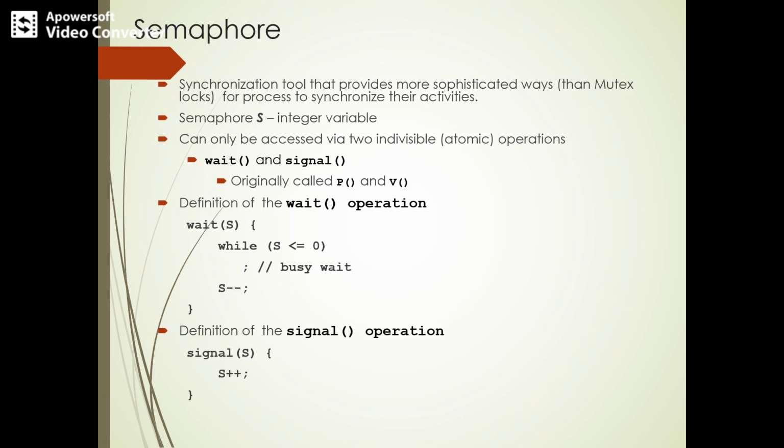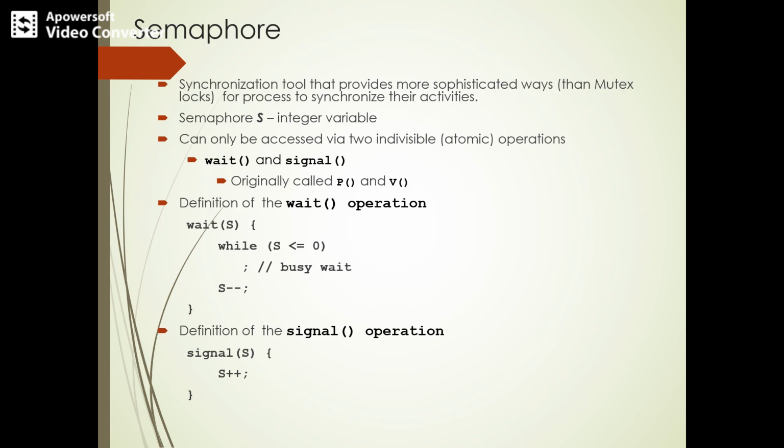So let's see about semaphore. Semaphore is nothing but a synchronization tool. So what is the semaphore basically? It's an integer variable and it is accessed only through two kinds of operation, that is wait and signal. These operations were originally termed P for wait and V for signal, and the definitions are given here. So semaphore is an operating system abstract data type. It takes only integer values and it is used to solve the critical section problem. It was Dijkstra who introduced these two operations, P for wait and V for signal.